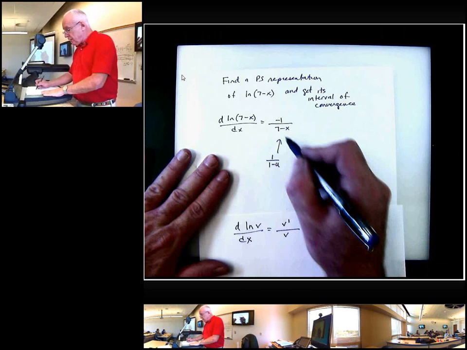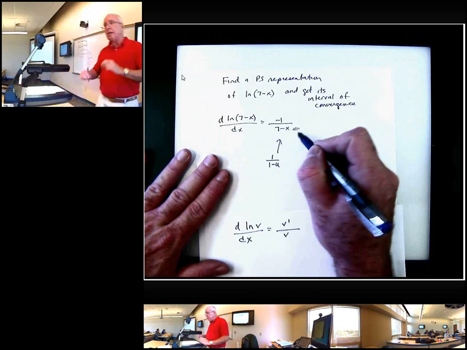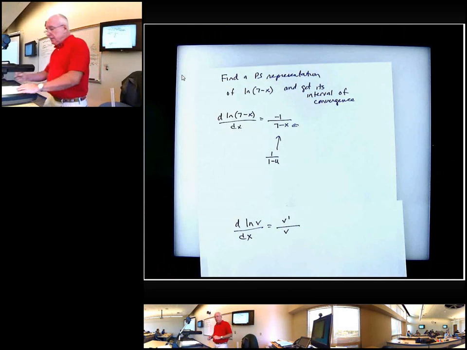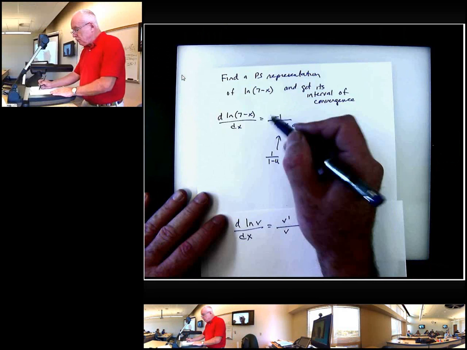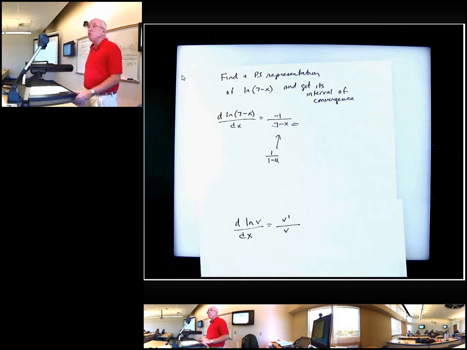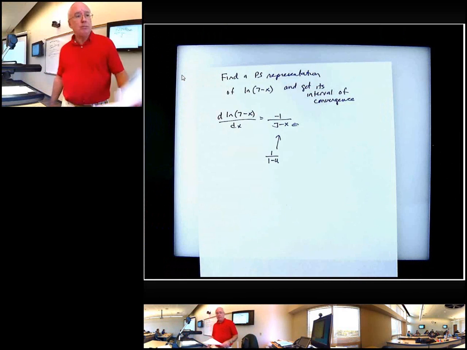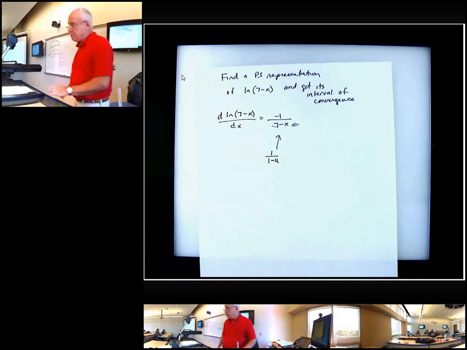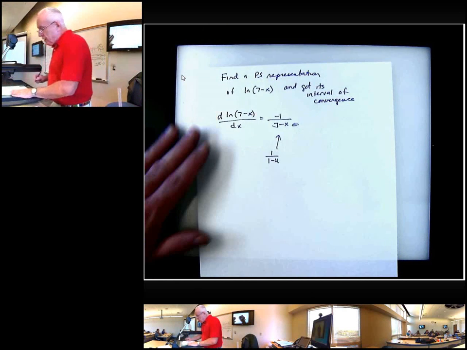This is our v here. We just put the 7 minus x in the denominator, but then in the numerator, we're going to be putting the derivative of 7 minus x from the chain rule. Okay. So anyway,